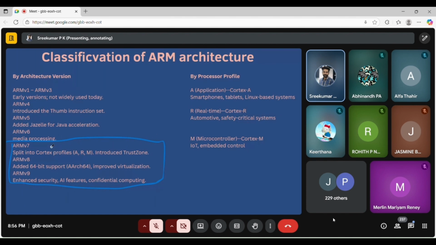These are the next versions. ARM v8 added 64-bit support, AArch64, improved virtualization. ARM v9 enhanced security, AI features, confidential computing. I think ARM v9 is there inside the latest iPhone models. They have ARM v9 cores inside.